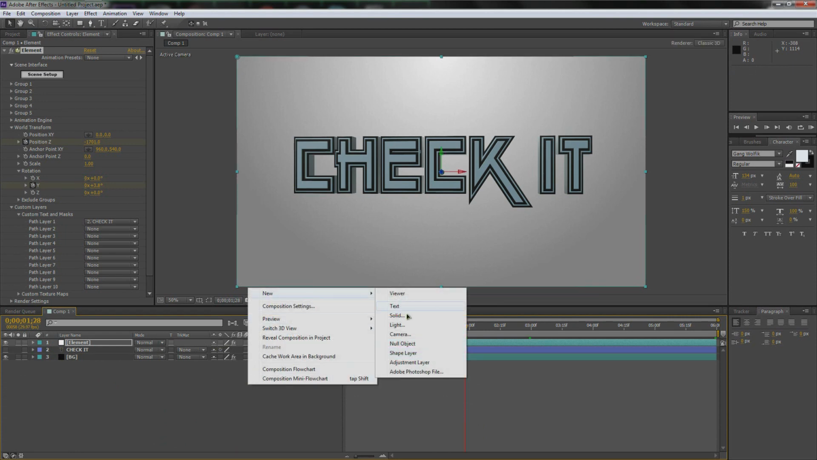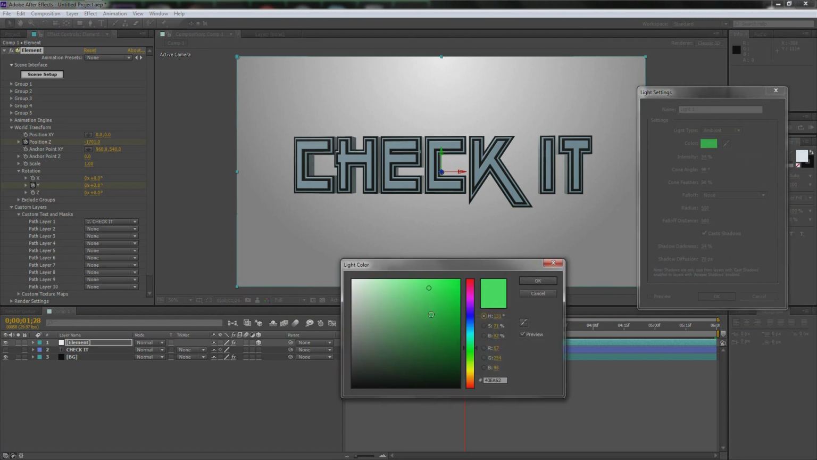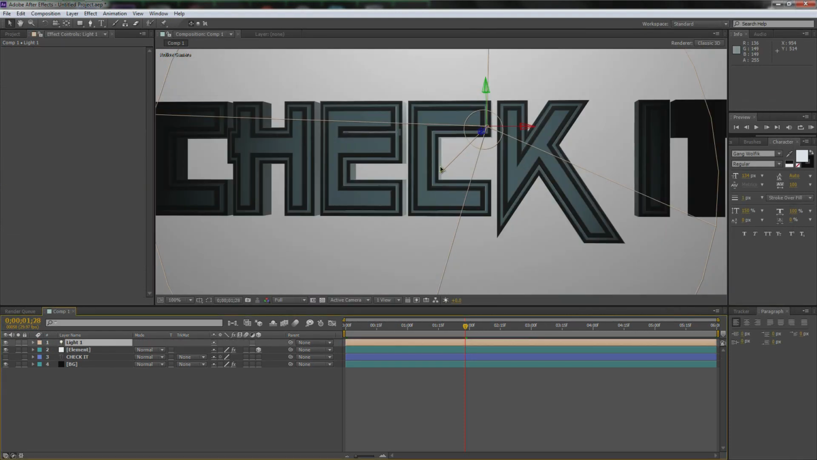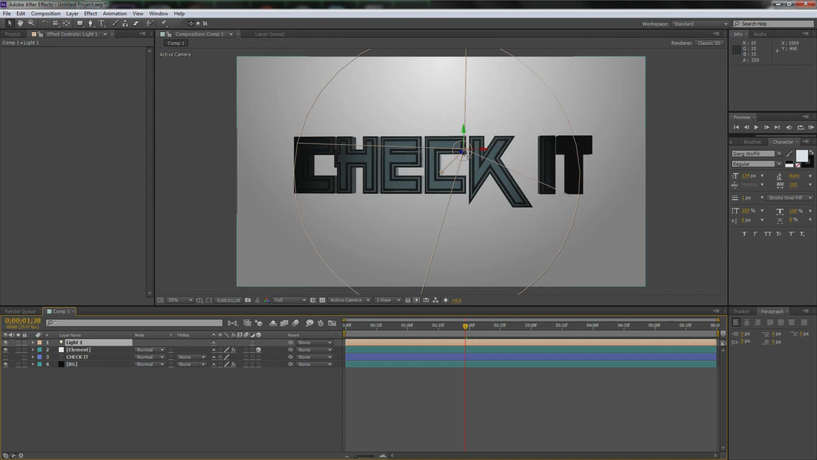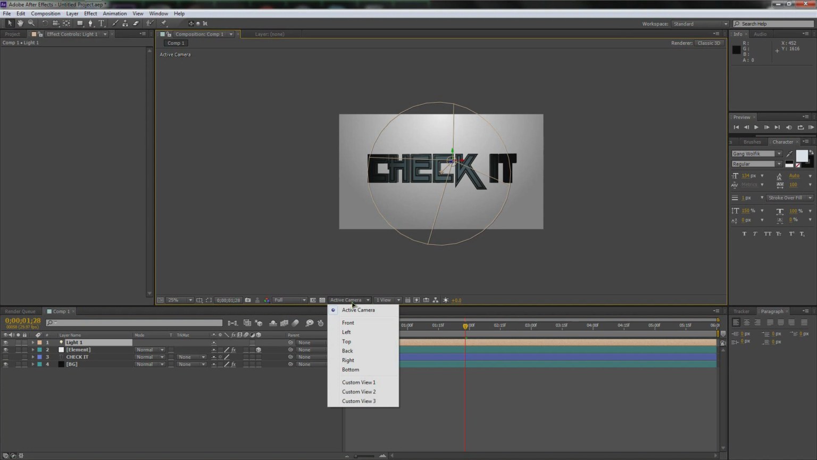And we're going to right click, go new, light, and make it whatever color you want. I'm just going to make mine white. Intensity. Now this is an ambient. Let's do spotlights. Let's do like 124, and that looks good. And you can see it actually messes with elements. Pretty awesome. So to mess with this light, we're going to switch the camera angle by going to active camera,